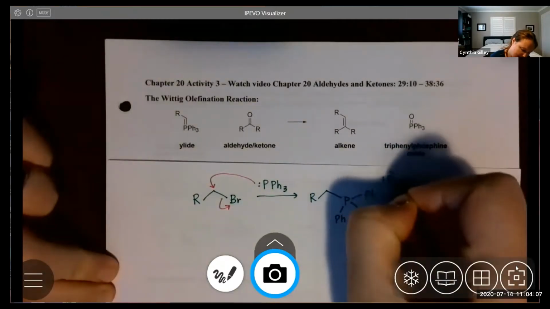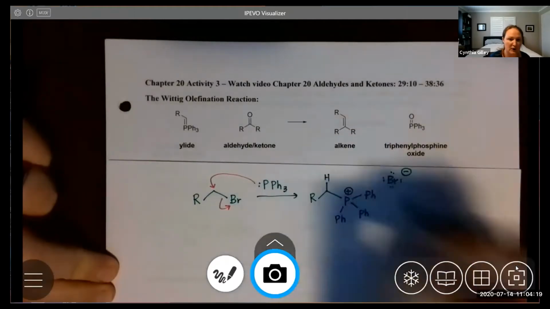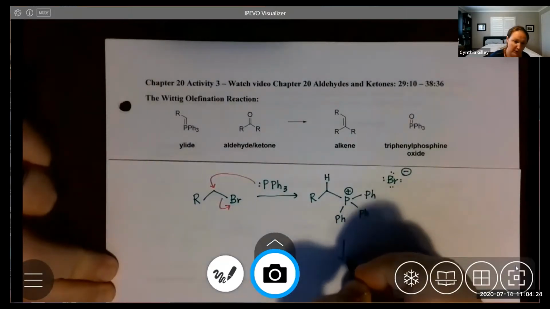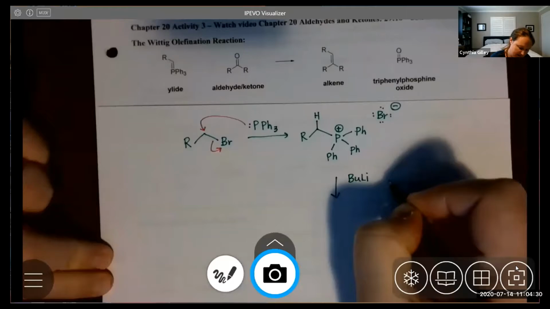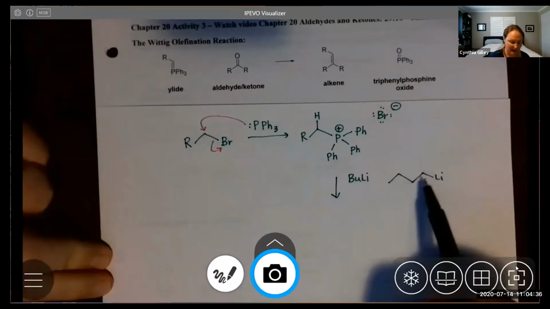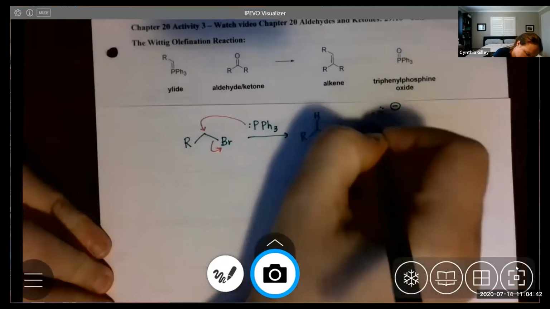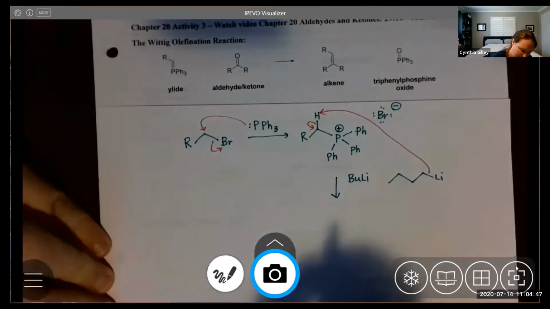Just like nitrogen with four bonds has a positive charge, the phosphorus with four bonds has a positive charge. That makes the hydrogens next door more acidic. So we can use butyl lithium, sometimes written just BuLi. Think of it as kind of like a Grignard reagent, with the four carbons, the last carbon attached to the lithium. It's a strong base, like a Grignard reagent, and it can deprotonate that proton and form